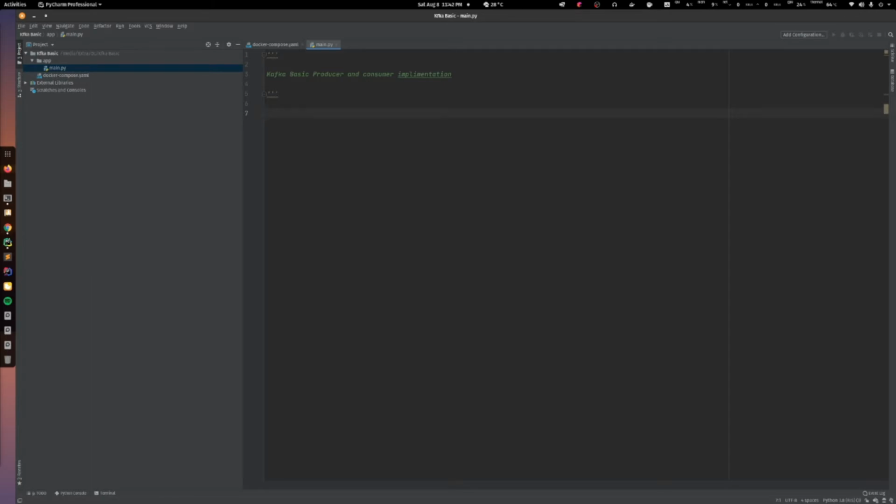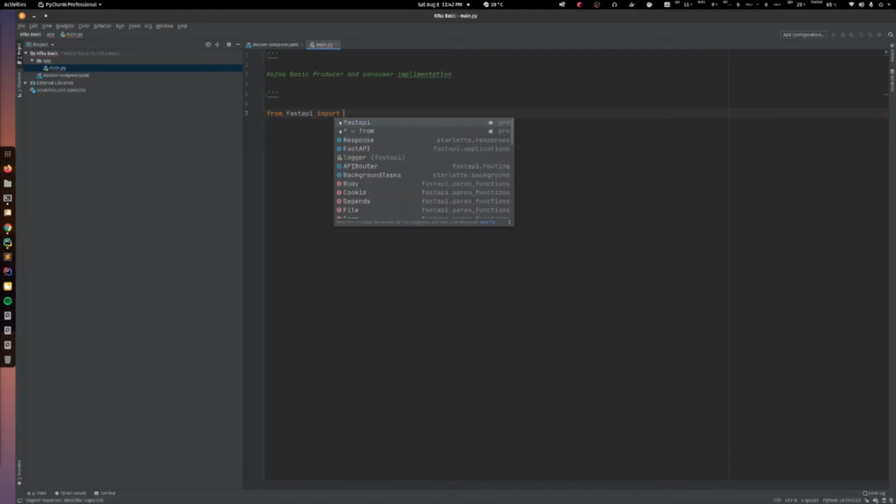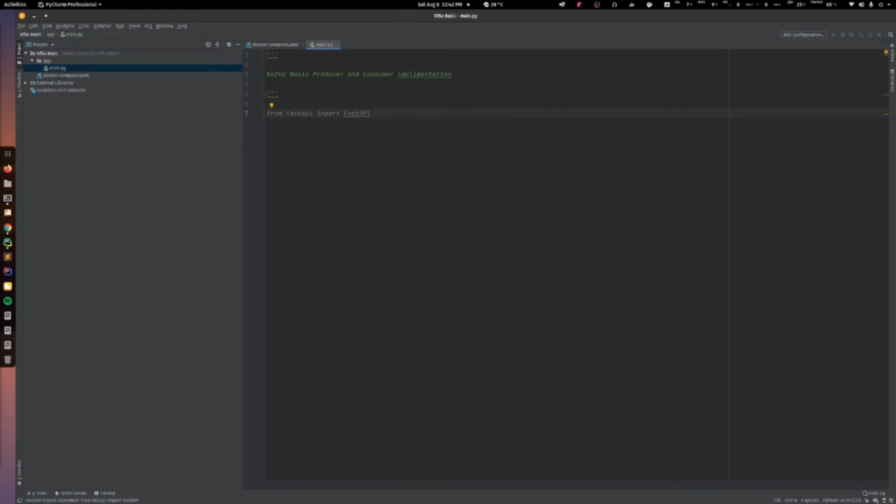Now to design that, my plan is I am designing a REST, and through that REST I am activating my producer, my consumer, and the following message communication is going on. So for that I am depending on FastAPI to design that REST. From fastapi import FastAPI, and for creating that Kafka producer and consumer I am actually depending on AIOKafka.